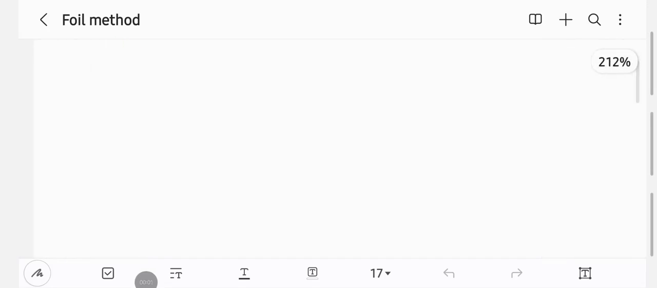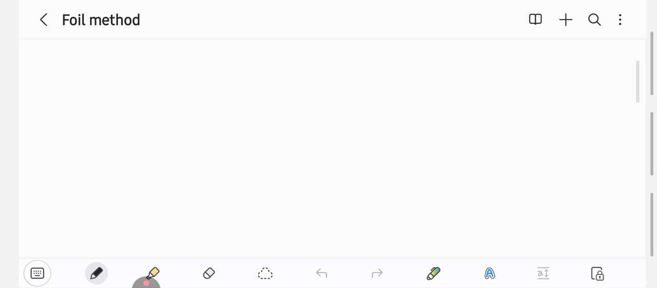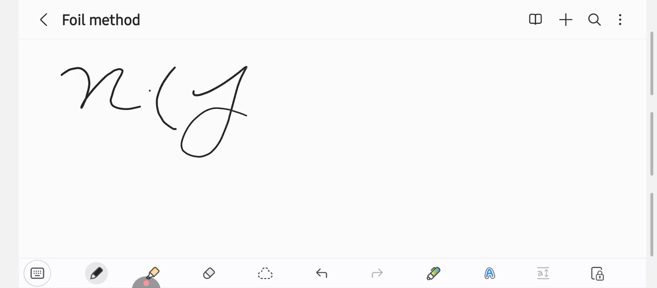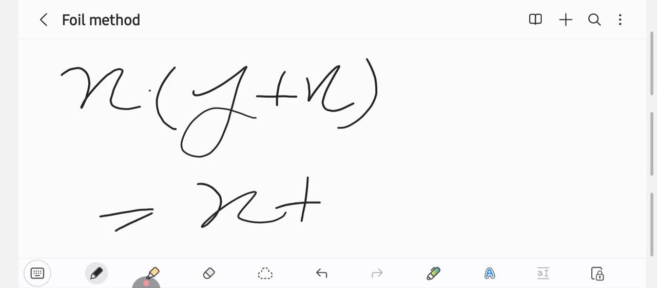In my previous video I tried to explain FOIL, but I couldn't explain it that much. But in the previous video I explained why the distributive property works for each case. Now let's warm up a little bit. The distributive property states that x times any expression, suppose y plus x, equals xy plus